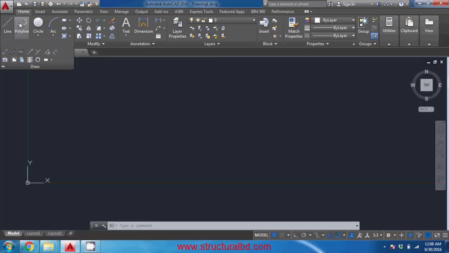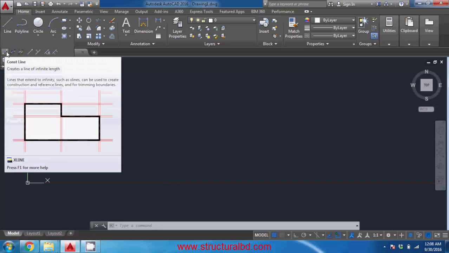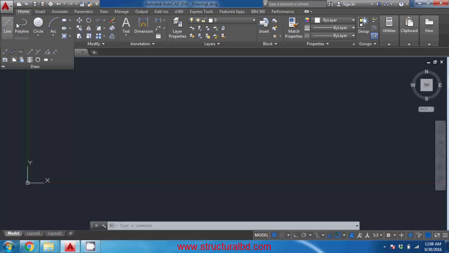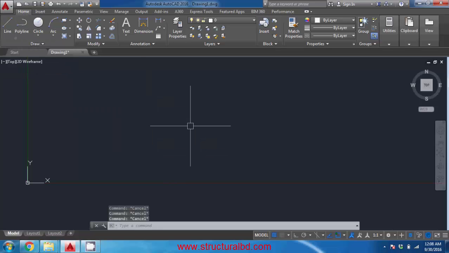The commands listed in different panels, you can rearrange. For example, this is row 1, and in the drop down list this is row 2. For example, if you want to relocate this construction line to here, row 1, you can do that. Type CUI